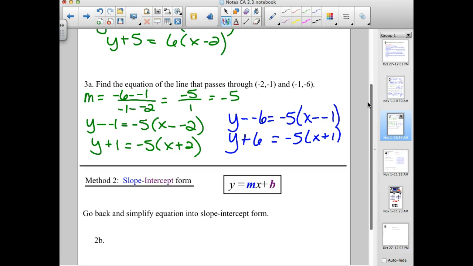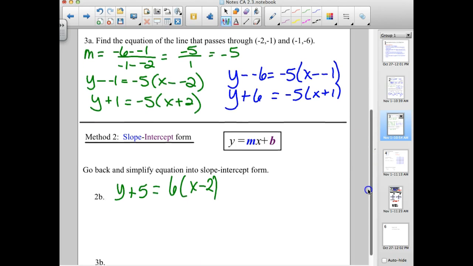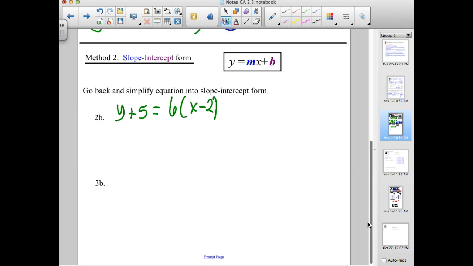So our first one was y plus 5 equals 6 times x minus 2. How would we simplify that? Distribute first. And then